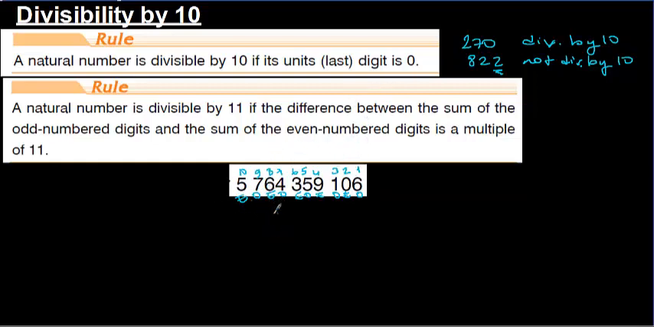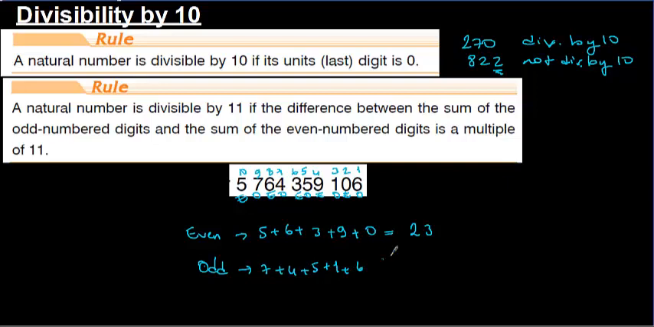The difference between even digits: 5 plus 6 plus 3 plus 9 plus 0, that makes 23. And the odd-numbered digits are 6, 1, 7, 4, 5, 1 and 6 again. Here this also makes 23, and even minus odd, if it is equal